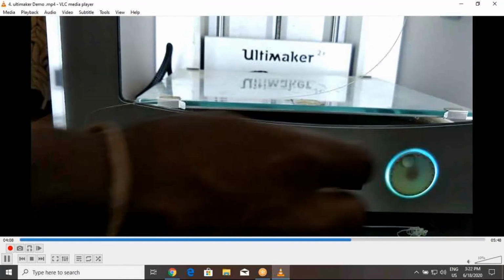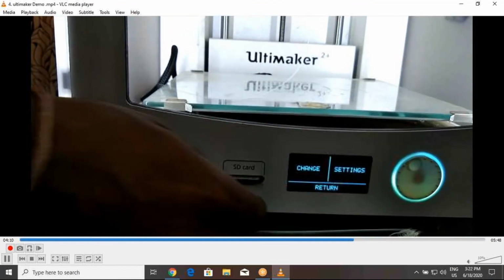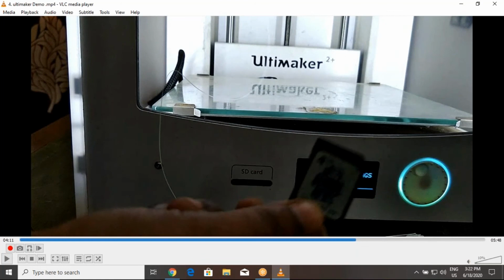So this is the push button, and we are selecting that. See, this is an SD card. Whatever part we want to print, we send those files to the SD card in G code format, not in STL or any other format. Those G codes and everything were generated in the Cura software, which Rakesh explained earlier.